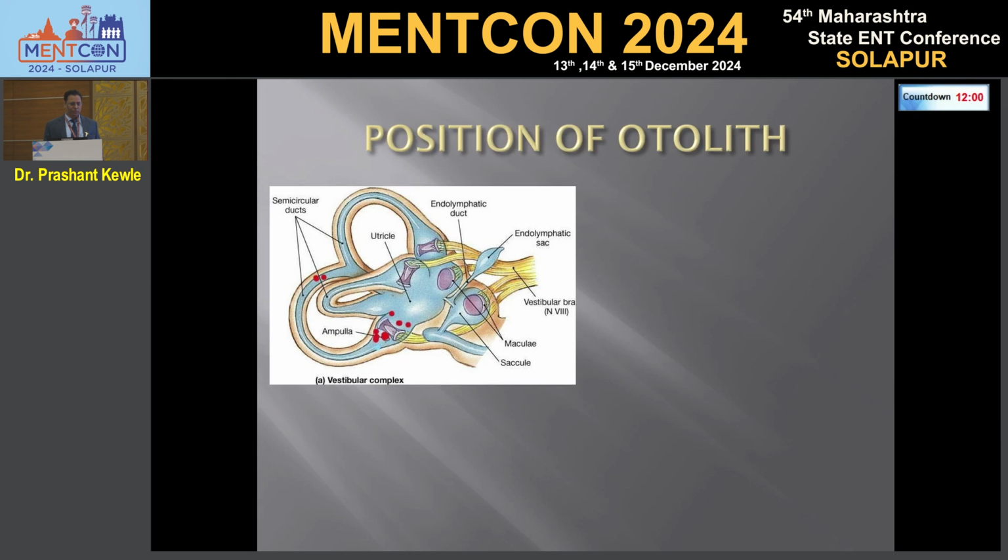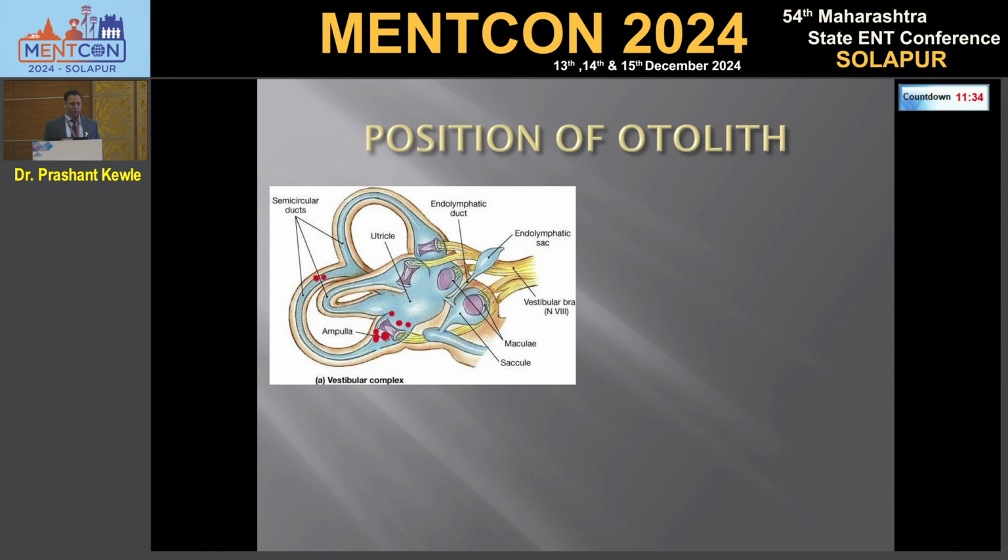Now the otolith can be at different places. The commonest position we know in the posterior canal is near this long arm, near the cupula, but they are in canalolithiasis. That means they are in the canal, free floating. Now, this is one position. Another position can be on the cupula toward the long arm side. So they are stuck to the cupula. They are not free floating.